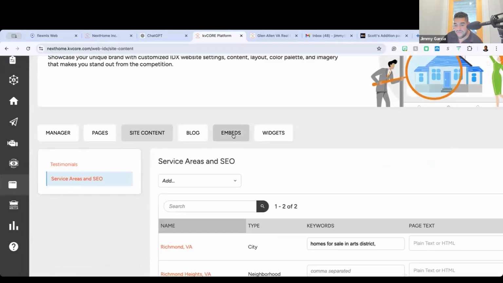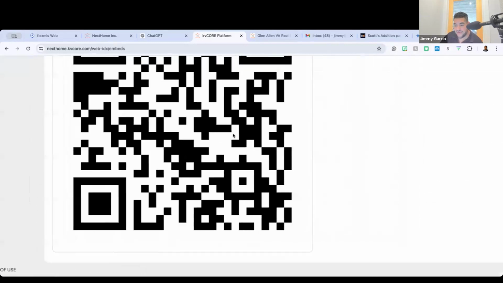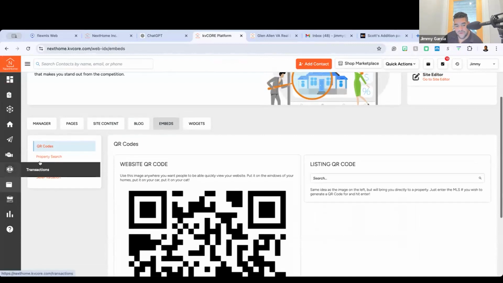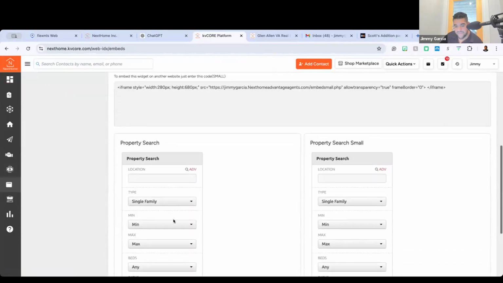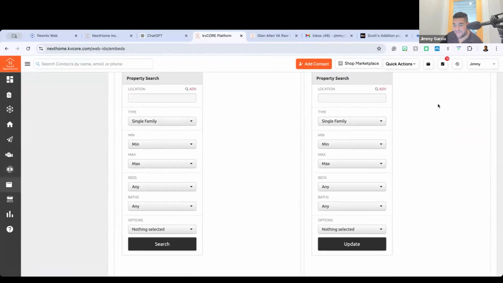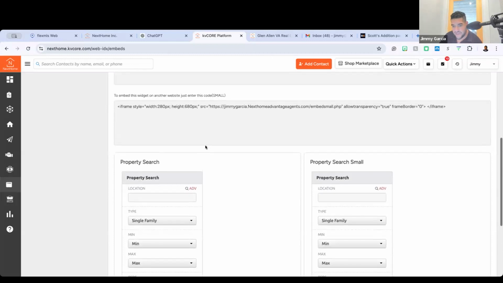I could also embed and do more of a fine-tuned property search, where I could go in and actually fine tune it, right? Properties sub $800,000 in Arcadia that are 3,000 square feet or more, which probably doesn't exist, but you get what I'm saying. If I live in an area that has waterfront properties, all waterfront properties sub $1 million, right? That's where you build in a true customized search for that specific page.